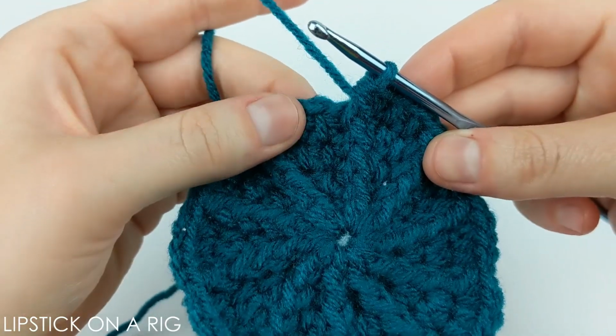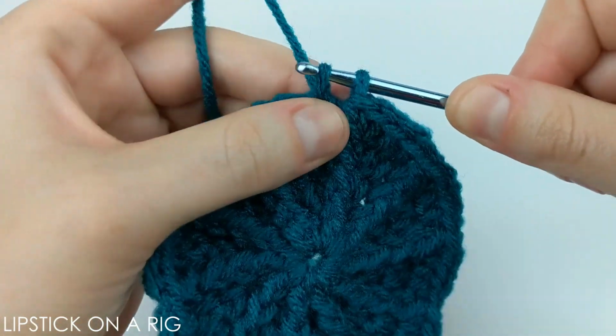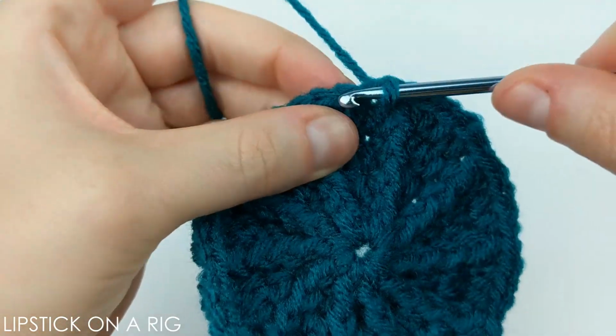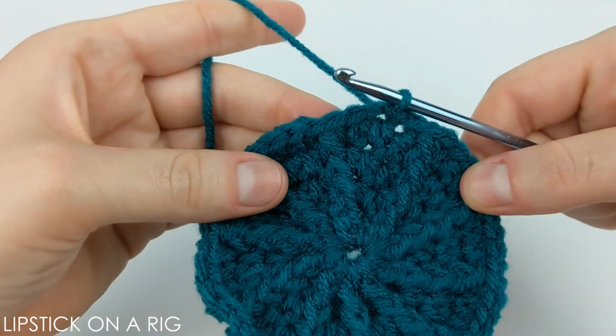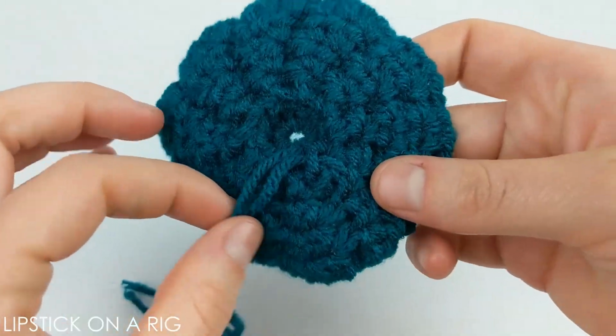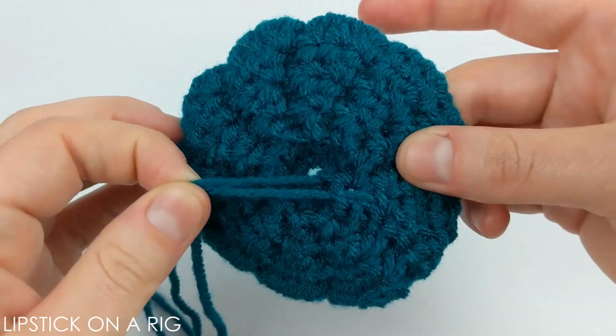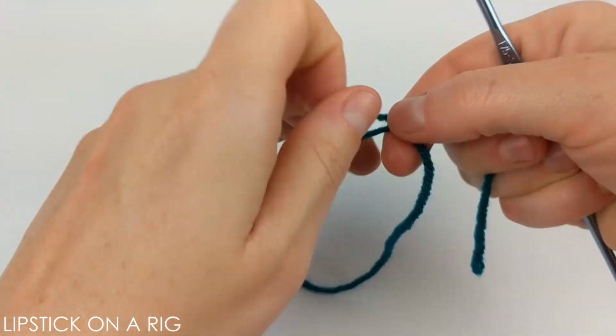And when you get to the end of your row, all you're going to want to do is place a slip stitch in the next 2 stitches. And then from here, just tie off your yarn. So once you have your yarn tied off, I just went ahead and tucked my tail on that one side down toward the center. So now we're just going to create the knob that goes on top of the lid,